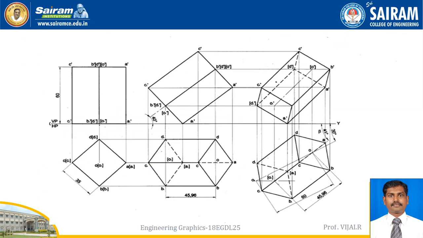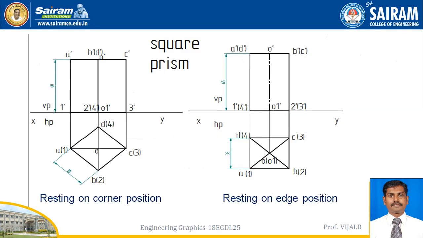The prisms may be different types of prisms. We know a square prism, as I said, how to keep it resting on corner position, rest on edge position. If you do it, remaining other position, other tilting, it will be easy. But don't make mistake in this edge position. This is edge, we are going to tilt in the edge BC. Corner position, we are going to tilt in the corner.